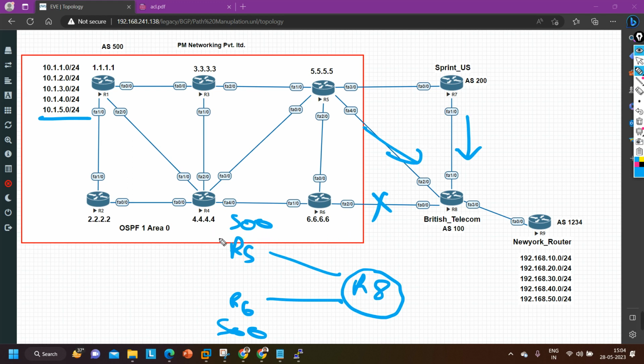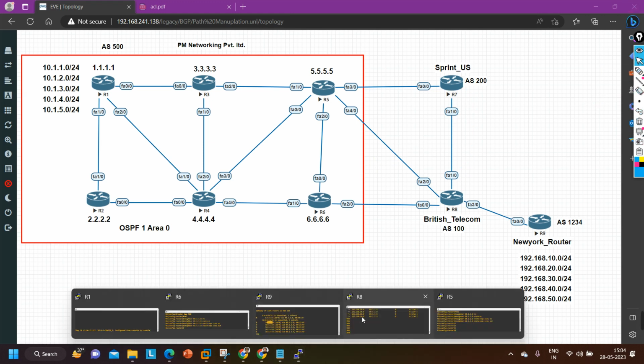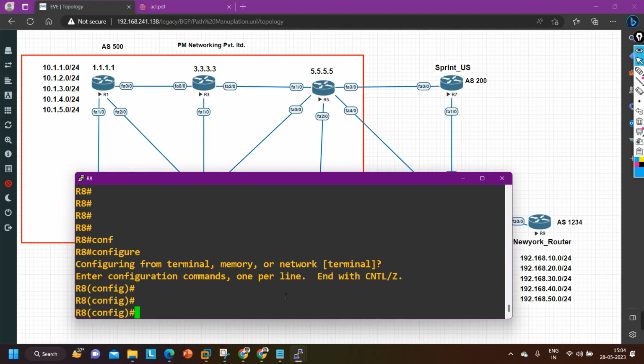When the neighbor AS number is different, then the router is not going to check the metric. That time you just need to run one command. If you want to tell your router that even though you are receiving prefixes from different neighbors with different metric values, you should compare the metric, then you need to run one command. That command is very simple, and that is the only command if the neighbor AS number is different. In that scenario, on router number 8, you will run the command